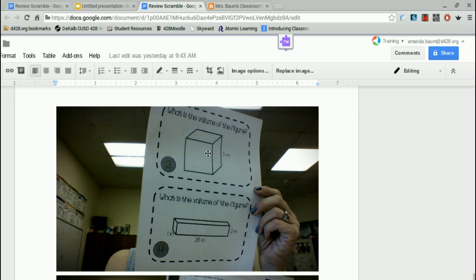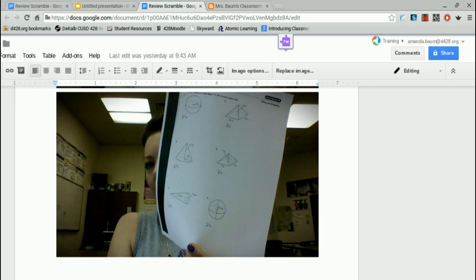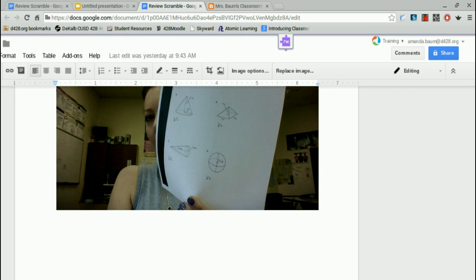Okay, this side was 3, and since it's a cube, you should know that all of the sides are 3. So length, width, and height are all 3, giving you a volume of 27 meters cubed. This guy here is a 1 by 26 by 2. His volume was 52 inches cubed. And then the last page you had